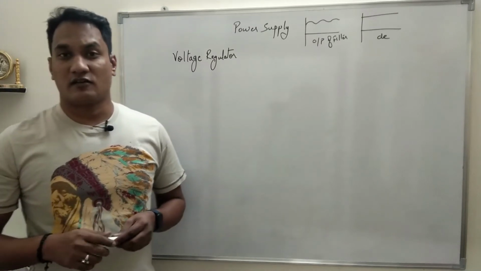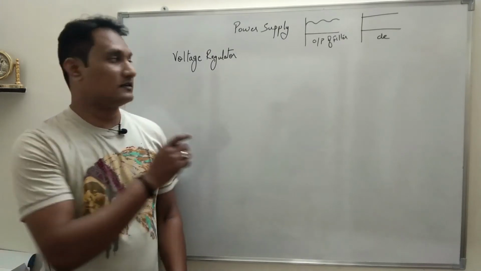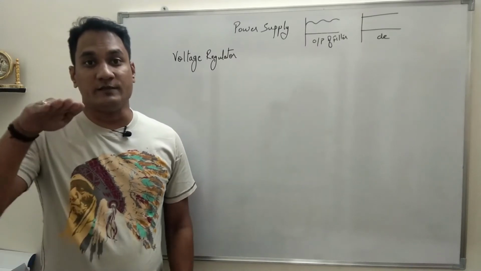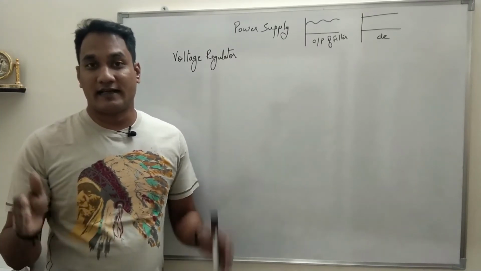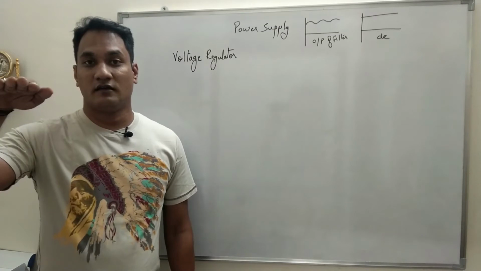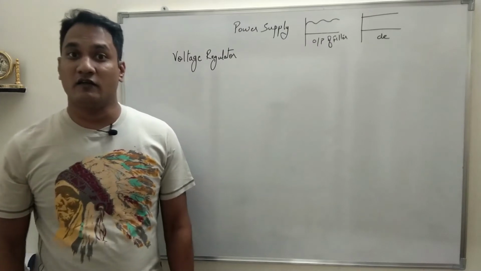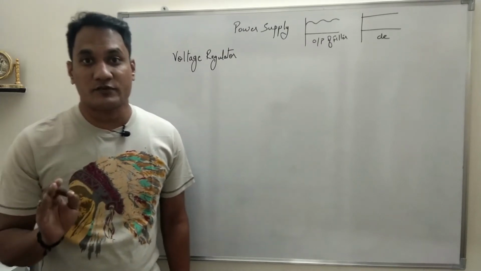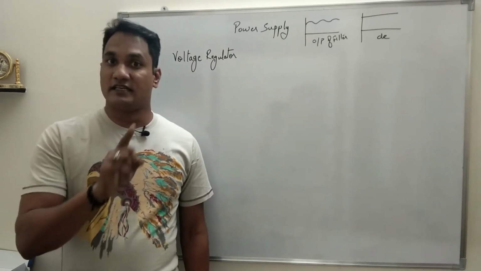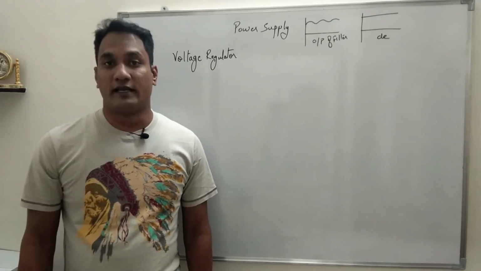I have discussed this earlier also, that when you talk about this term called regulator, for example a fan's regulator, it keeps the speed constant. Similarly, a gas regulator keeps the intensity of the flame constant. That means something which keeps the output constant will be called a regulator. And we are trying to understand the voltage regulator. That means a circuit which keeps the output voltage constant irrespective of any change in the input voltage or any change in the load resistance. That will be called a voltage regulator.